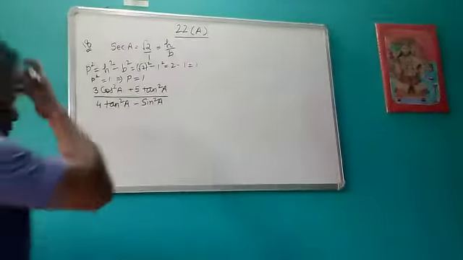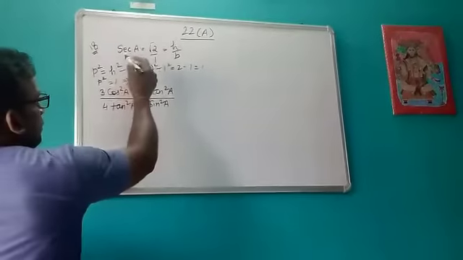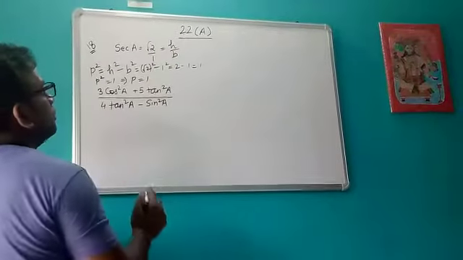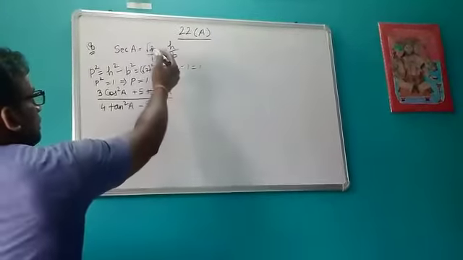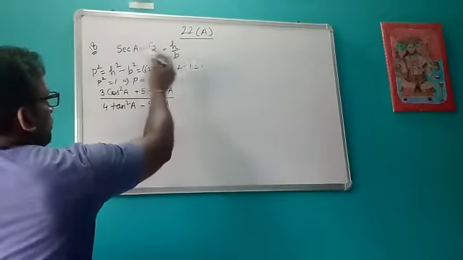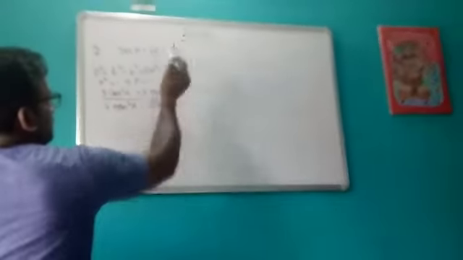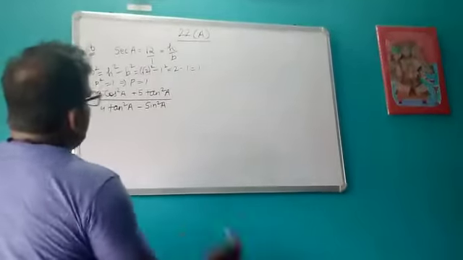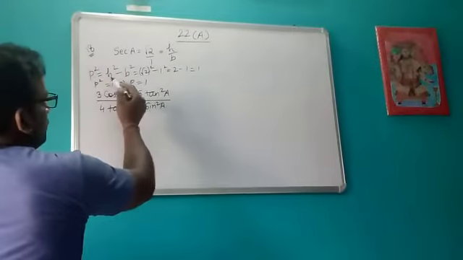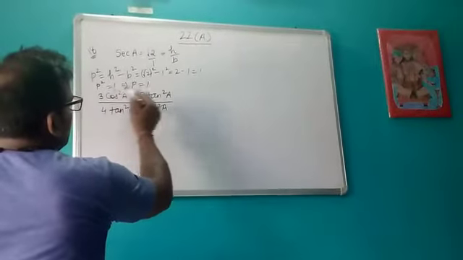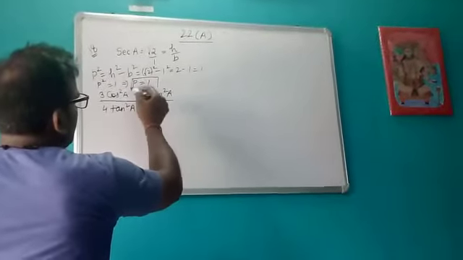Okay, let's discuss one more question. Now suppose the value of sec A is given as root 2. So I will write this root 2 as root 2 upon 1. That means what was the formula of sec, if you remember? H upon B. Now what we need in this? P. So again I have used the Pythagoras theorem to calculate the value of P.